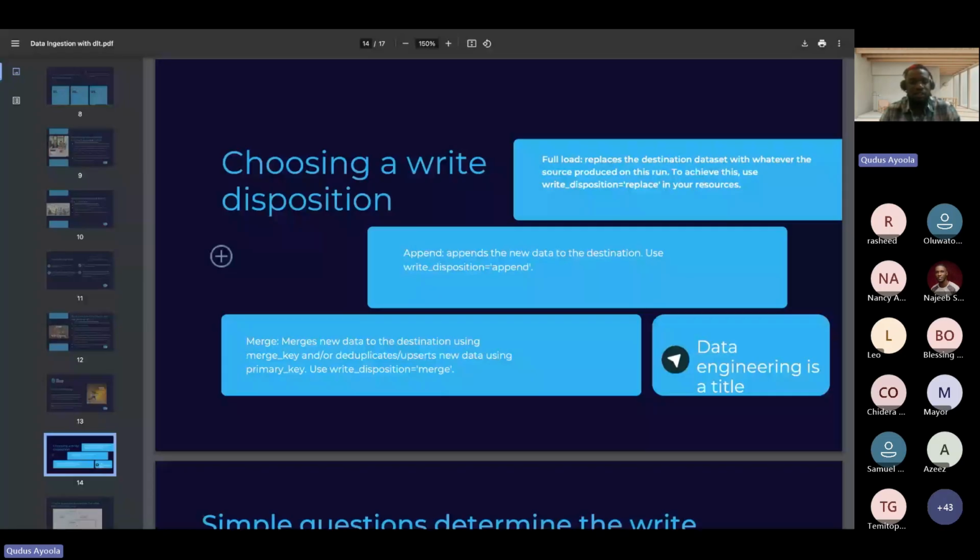But a merge query basically helps you update data that is already in the destination and also helps you bring in the new data. How that works is, when you have data already in your destination table that stores information on customers, your customer's phone number might change, your customer's address might change. So a merge query can help you look for that customer ID, update those records within the destination table, and also bring in just the new records.